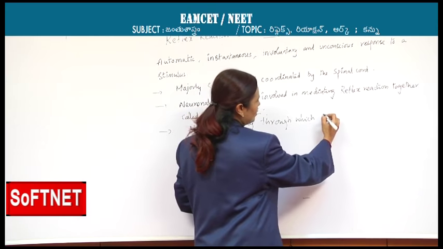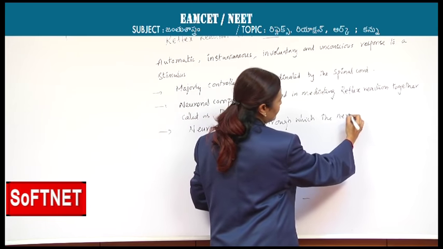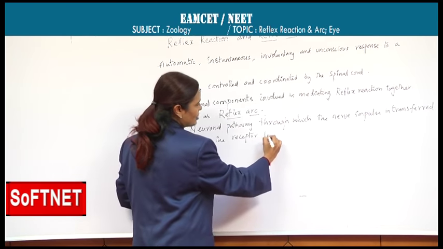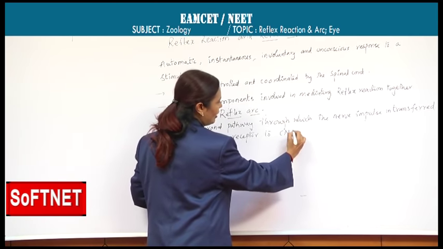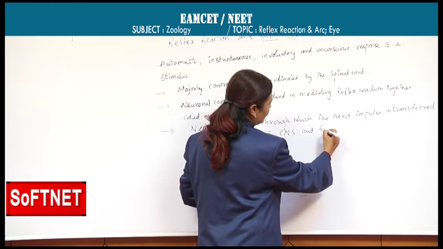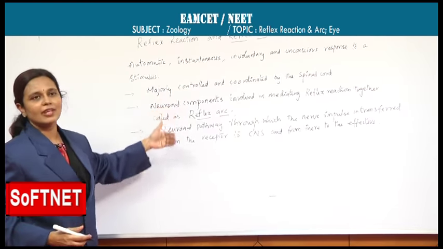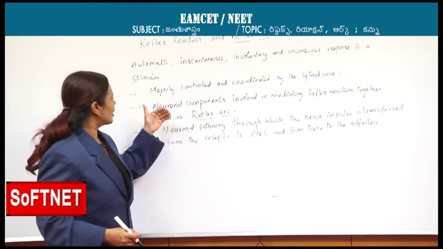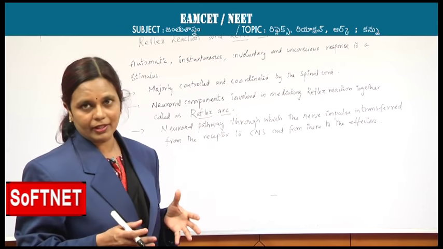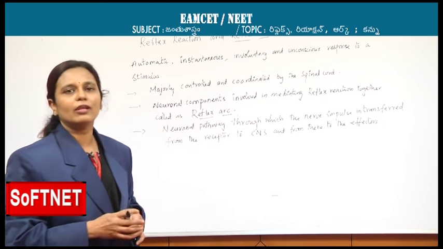The nerve impulse is transferred to the central nervous system, CNS, and from there back. This is reflex arc. Then when you say reflex arc is a matter of neuronal components, what are the different neuronal components